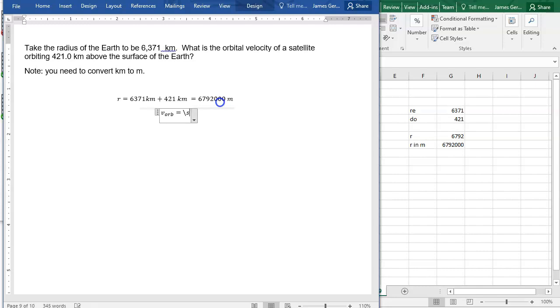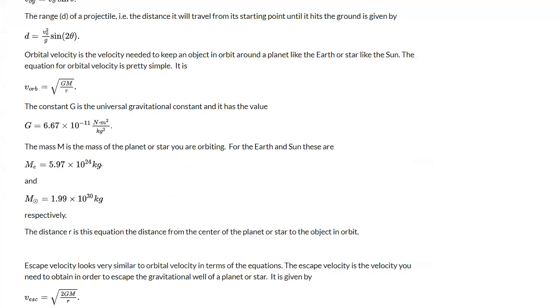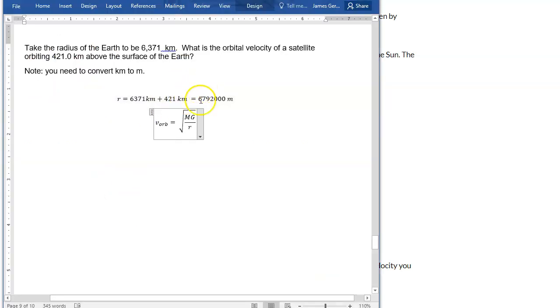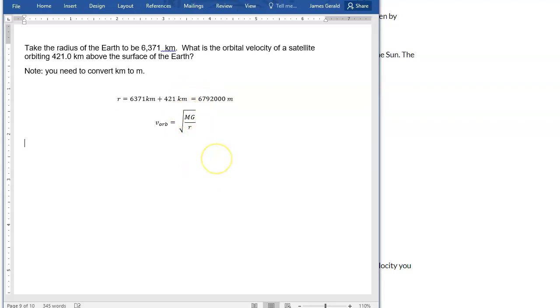The equation for orbital velocity is what? It is the square root of GM over r, right? If you need to find that, it should be at the top of the homework. V orbital equals the square root of GM over r, where M is the mass of the Earth, G is the universal gravitational constant. G, I do remember off the top of my head, 6.67 times 10 to the minus 11